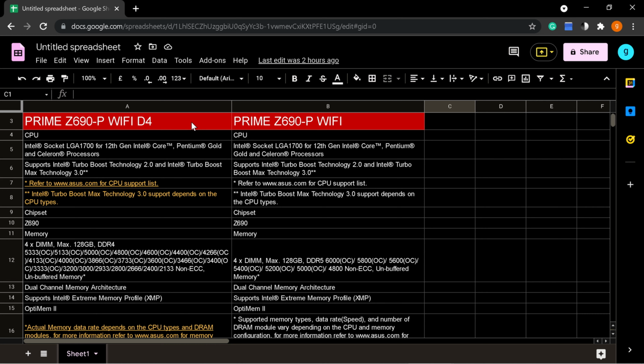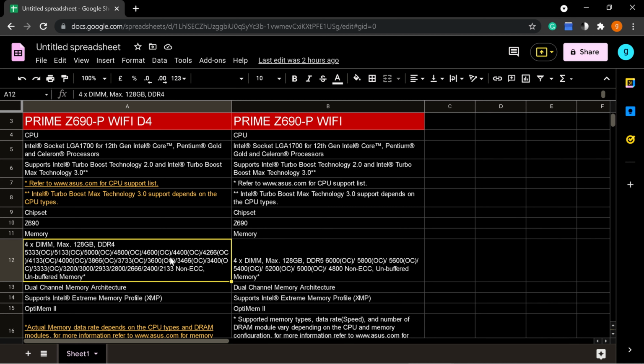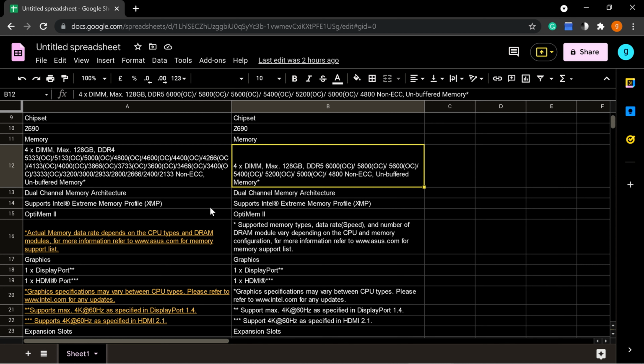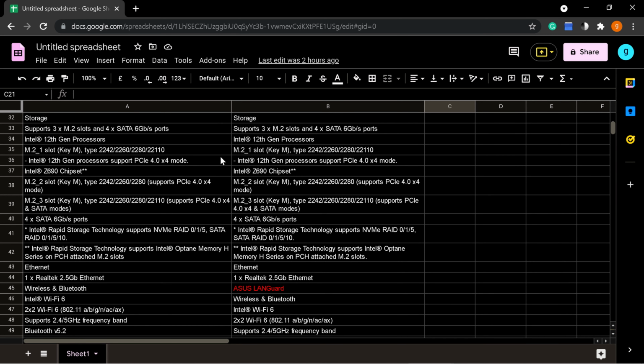Okay, so if we scroll on through, socket 1700, Turbo Boost, CPU chipset, memory: you either have the DDR4 over here or you've got DDR5 over here. Dual channel, XMPs, so they use the XMPs here. So it doesn't have that new voltage control profile that I was telling you about earlier. If we just scroll through here, I'll go a bit quicker, so as not to bore you. These specs are very similar. Not seeing much difference. You're going to get 3 M.2s,